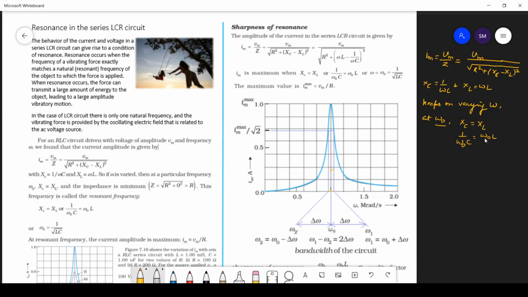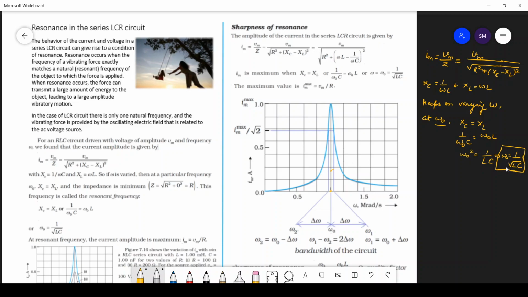So taking omega naught that side, omega naught square is equal to 1 upon LC, and omega naught is equal to 1 upon root LC. This is the value of resonant frequency